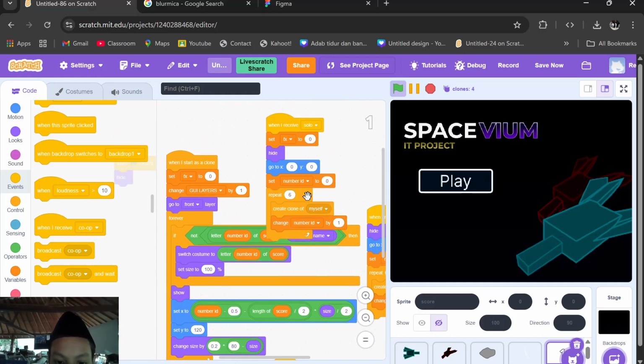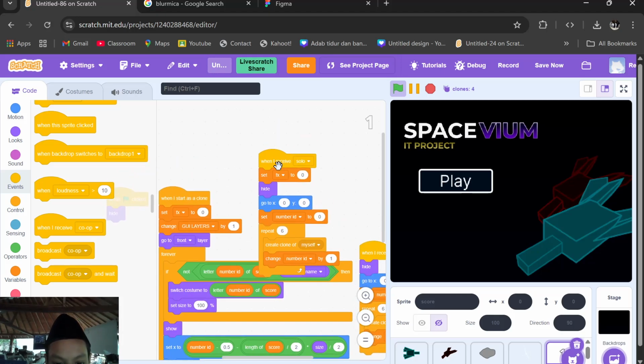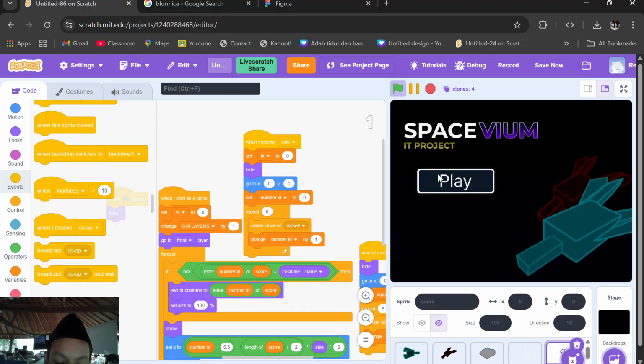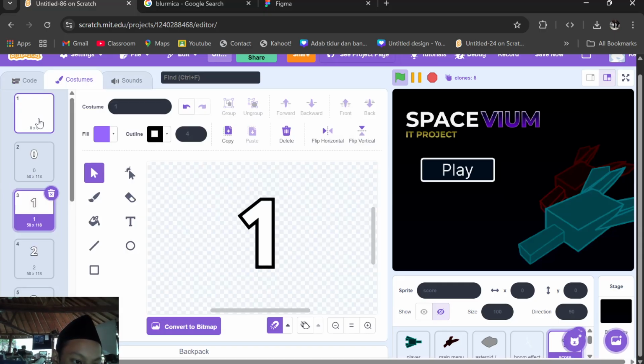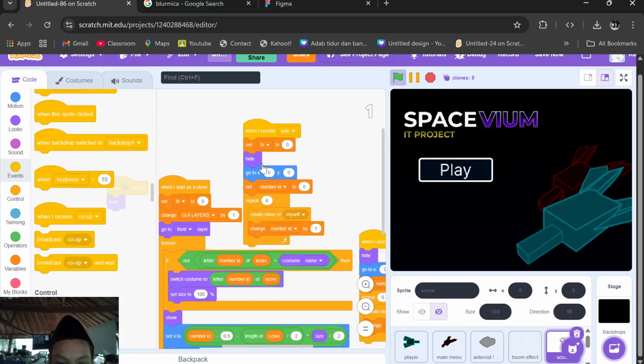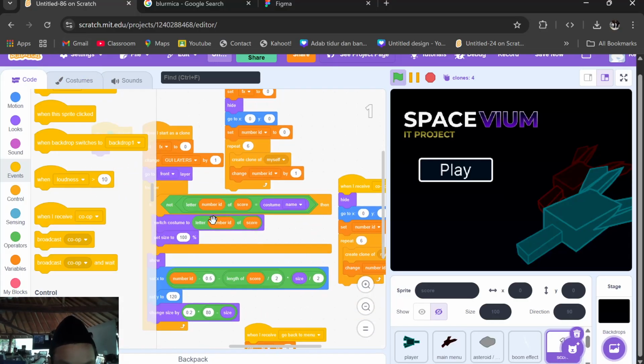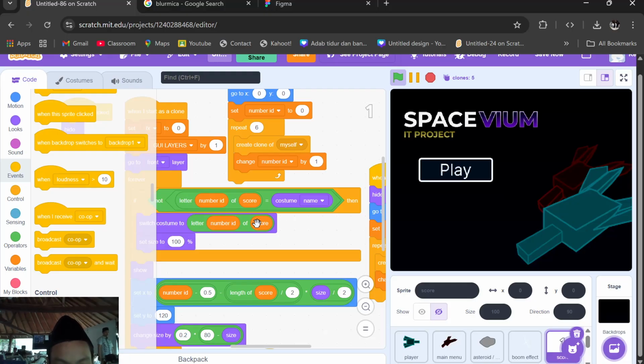It will change the number ID by 1, repeat 6. So each number is changing. There is a costume for making the number like this. It will set the costume to 0, 0 is empty, 0 1 2 up to 9 like that, and this sets the letter number 8 to score.